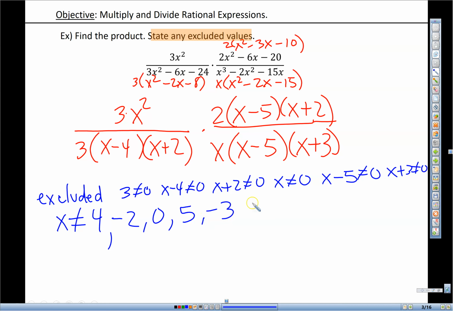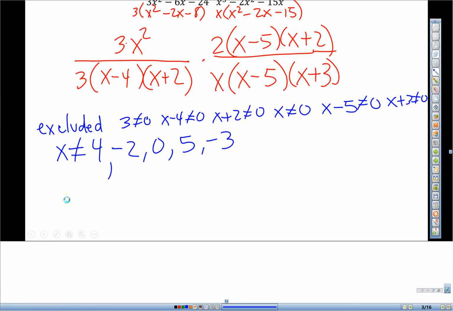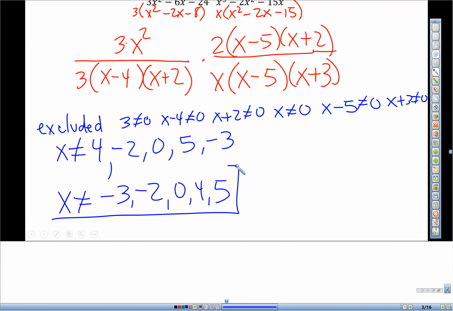negative 3. I'm going to rewrite this because it honestly would be best if I have my numbers from least to greatest. That's a requirement for many problems when we list numbers. So this would be negative 3, negative 2, 0, 4, and 5. So these are my excluded values. And as long as you have that not equals there, it is very clear that those are the values that x cannot be. Then going back to my